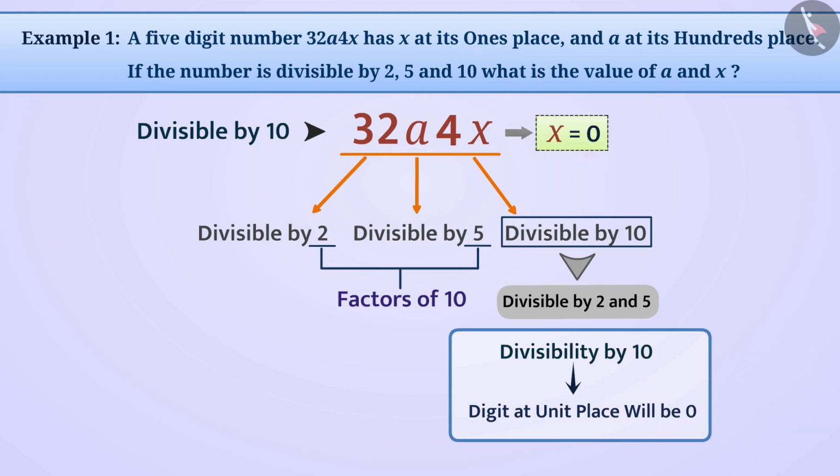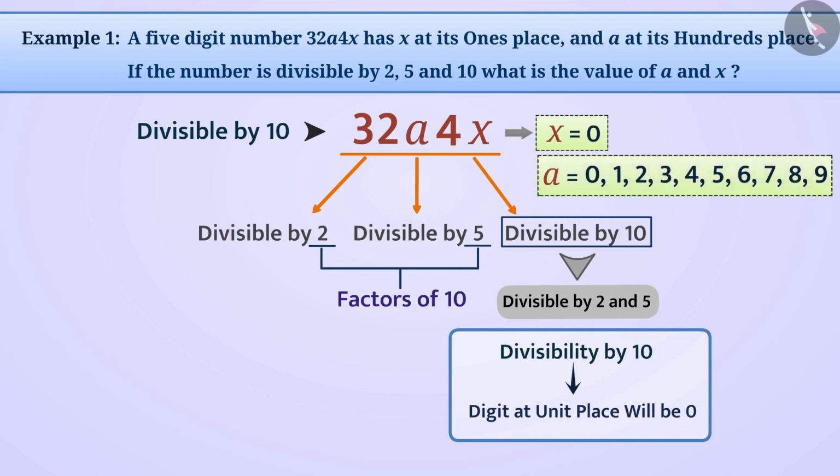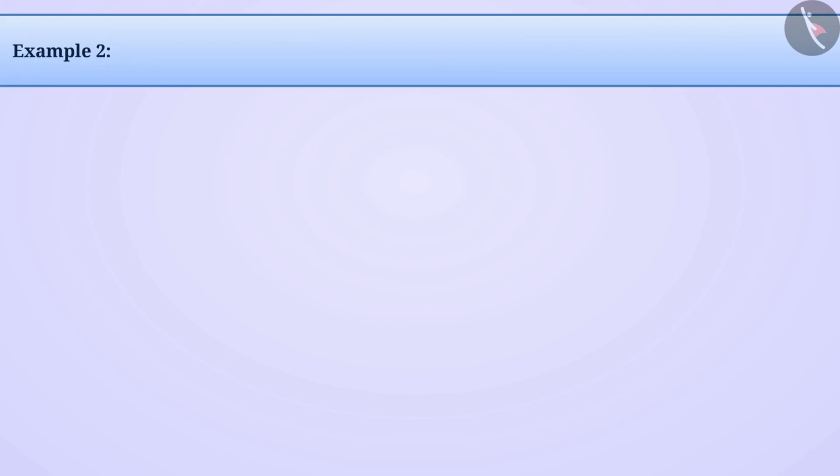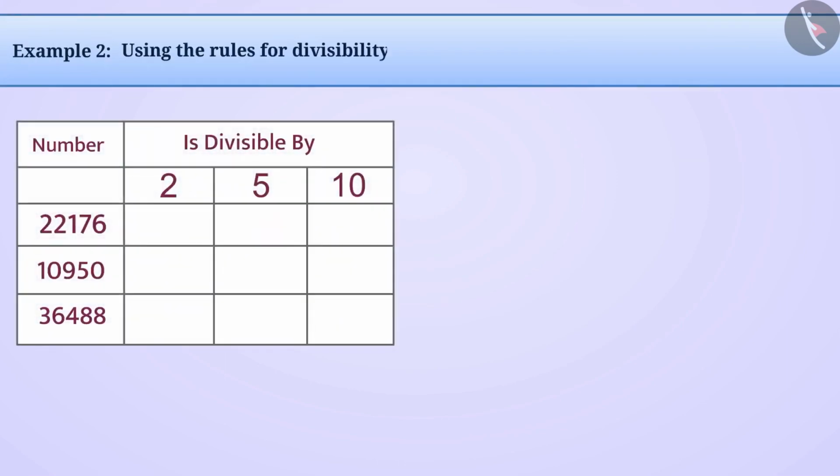Since the divisibility of a number by 10 depends on the digit at ones place, the digits at other places don't matter. This means that we can take the value of A as any of these digits: 0, 1, 2, 3, 4, 5, 6, 7, 8 and 9. Next example. Using the rules for divisibility, put a tick mark in the appropriate field. Let's talk about number